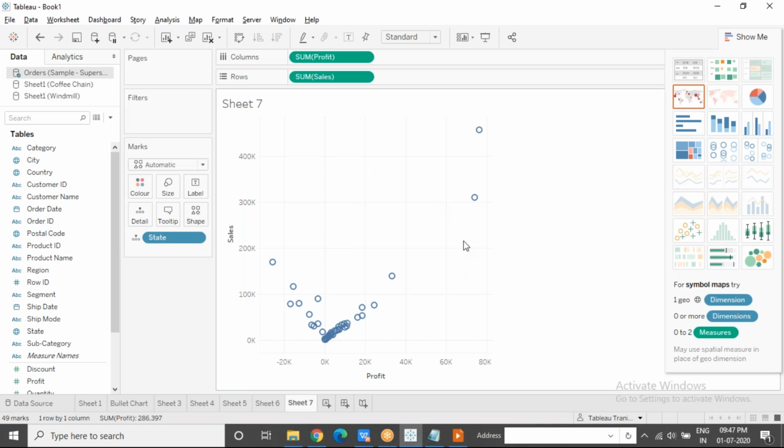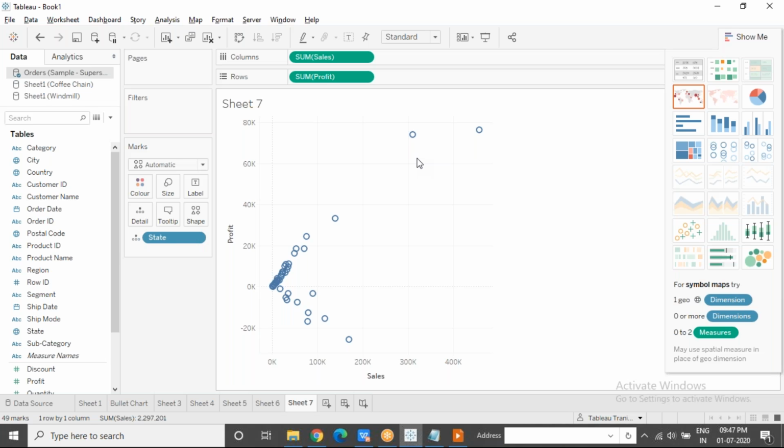We want to segregate these data points into different clusters. You can keep it like this also, it doesn't matter. So we want to segregate this data into different clusters, different groups: high profit, medium profit, low profit. I can see there are these data points with very high profits. This is my profit axis. I can see some medium profit here, and I see that there are also subcategory states which are giving me